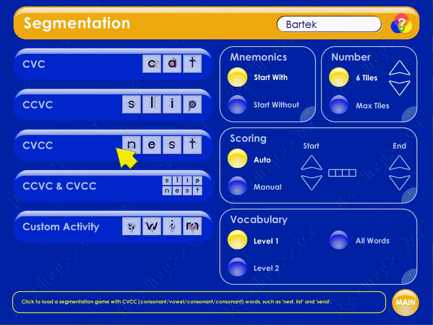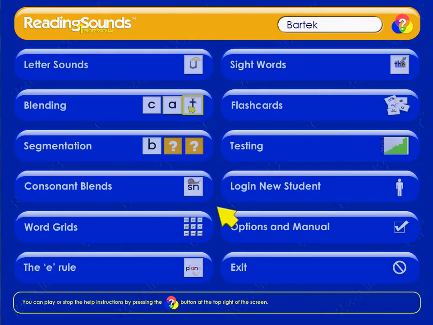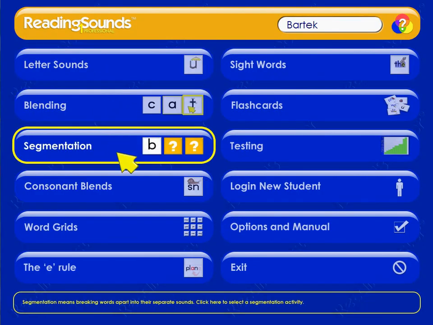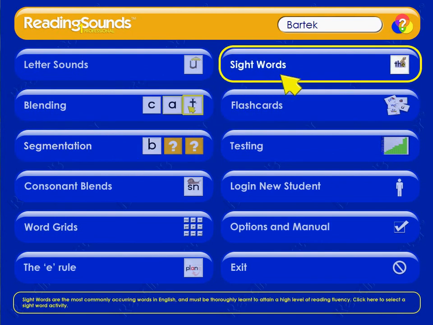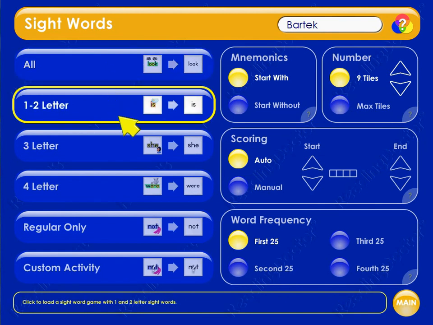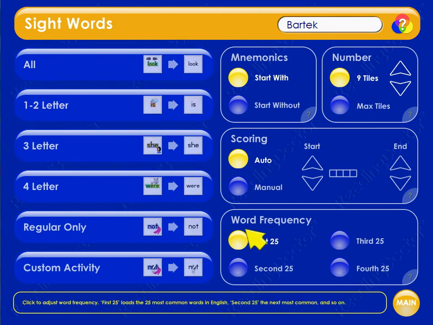Using the custom activity feature in the segmentation activity menu, it's possible to have complete control over the words that are included in segmentation activities. Once a student has a basic understanding of letter sounds, blending, and segmentation skills, you can use ReadingSounds 1 Pro to teach sight words. You can use the Sight Words activity menu to quickly load activities with irregularly spelt, high-frequency words. You can use the word frequency box to choose how common the words to be included in the activity